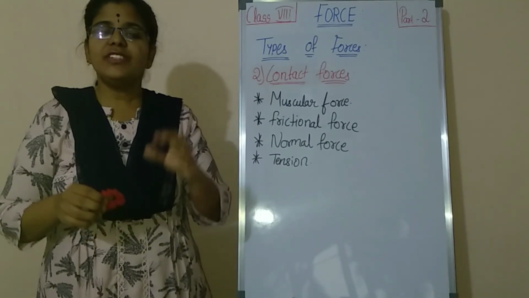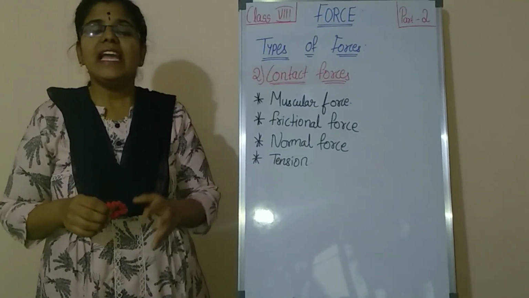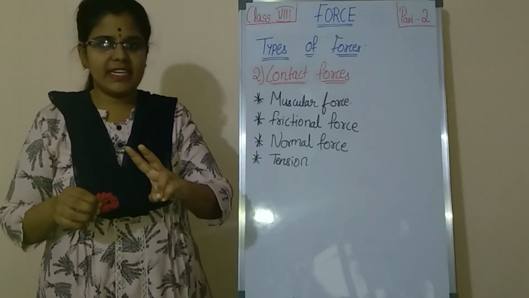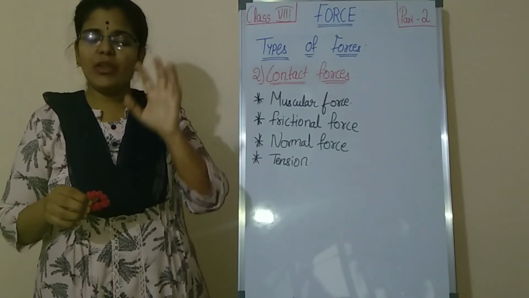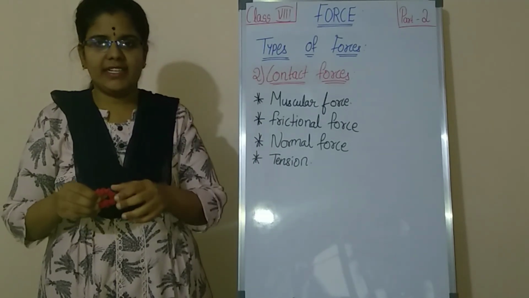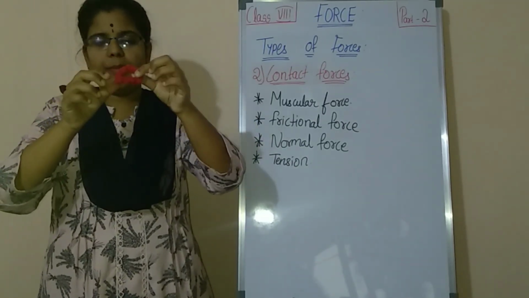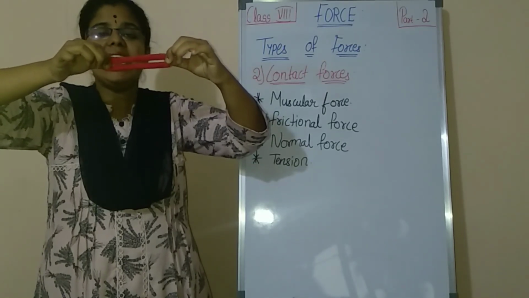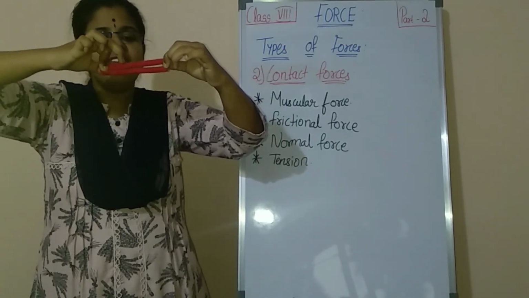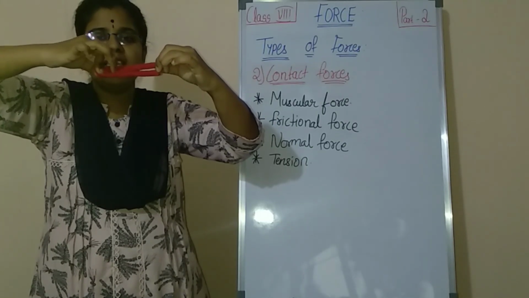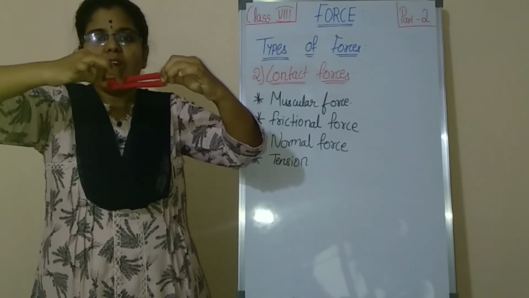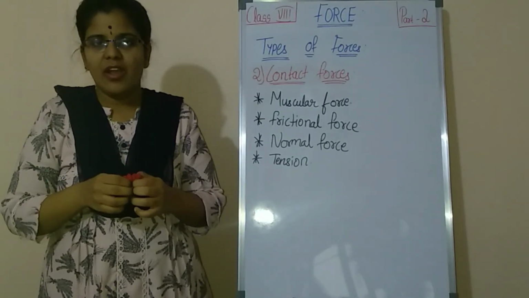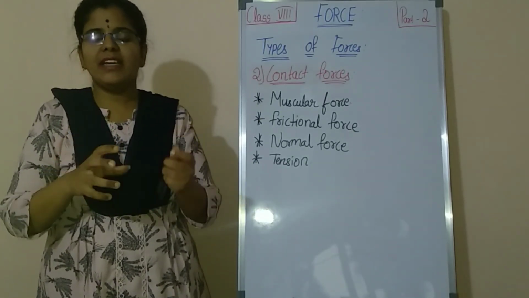Next is tension. Tension force is nothing but a force which is acting onto an object in both directions, equally and in opposite directions. Here I have taken a rubber band and let me pull it from both sides. Then what is happening? It is getting stretched and we can observe some force in the string or the rubber band. What is that force? We say it as a tension force. So this is observed in such cases.